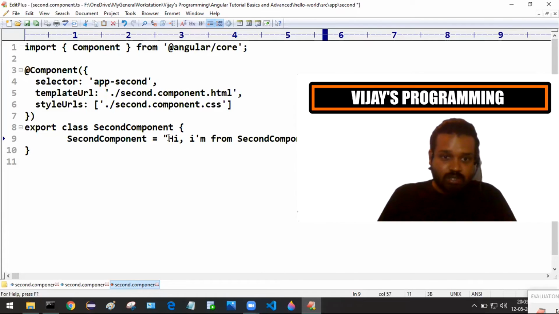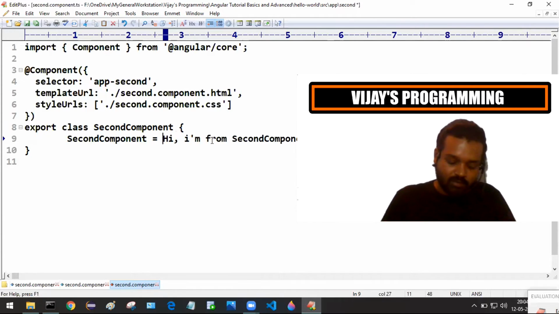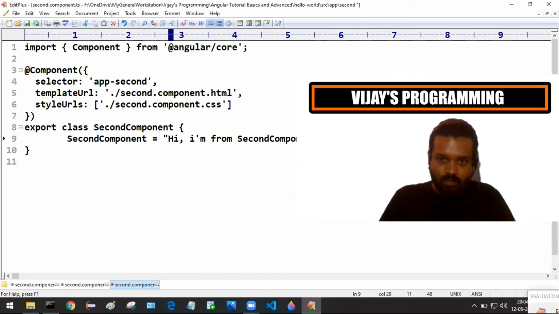We can also supply it within single quotes, but there is a problem. The compiler won't be happy with this syntax, because here the starting single quote is there, and here itself we have another single quote, so the compiler will get confused. That is why we should use the double quotes.